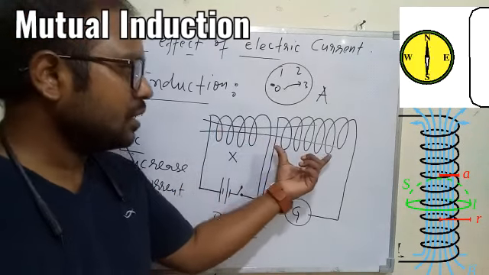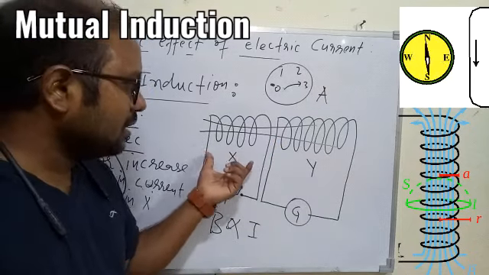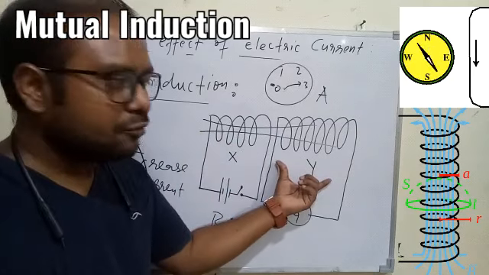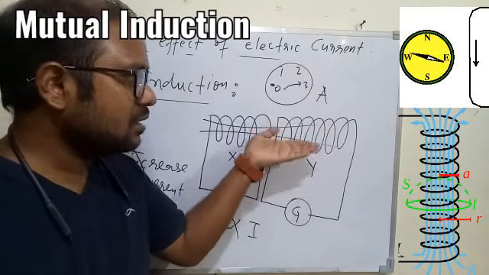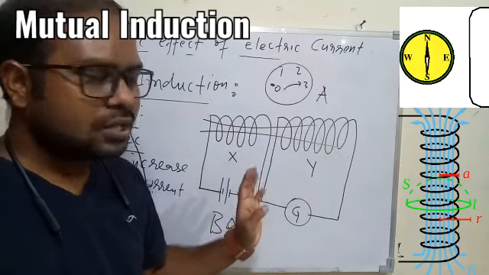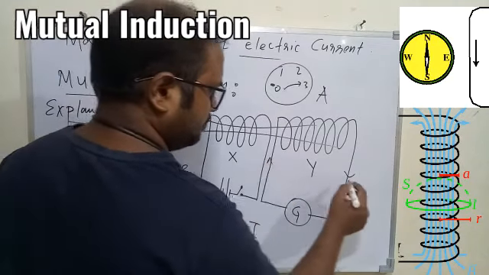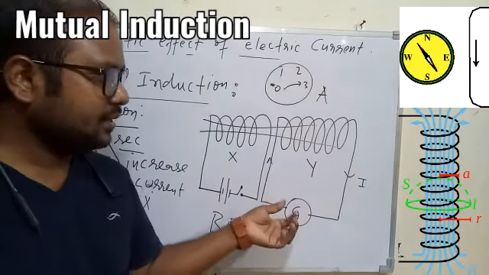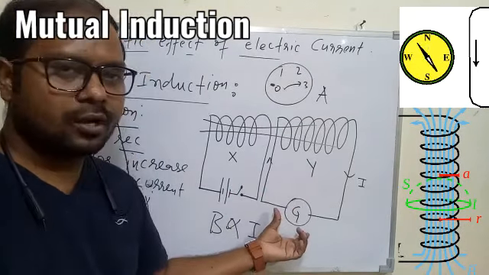And now we know the same magnetic flux is passing through Y also. So we can say, since for a second there is an increase in the magnetic flux or magnetic field within X, there will be an increase in the magnetic flux within Y also for a second. And according to EMI, if there is an increase in the magnetic flux through a coil, the current will be induced in the circuit. So Y will have the induced current in a particular direction, and let the direction be clockwise. Just take an example. So in a second you will be able to see the galvanometer will show you some reading in coil Y, that is Y will have the induced current.